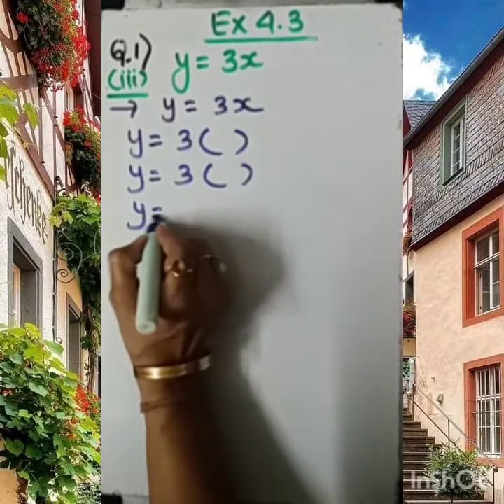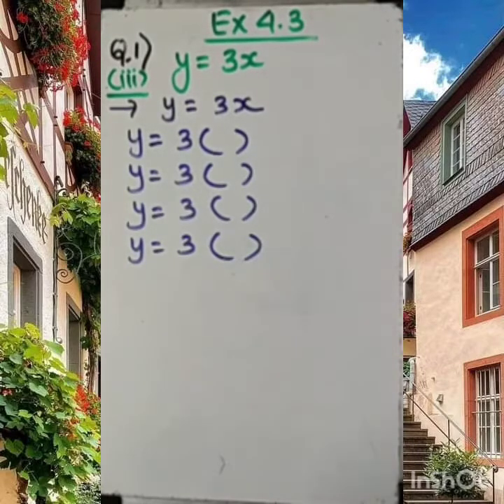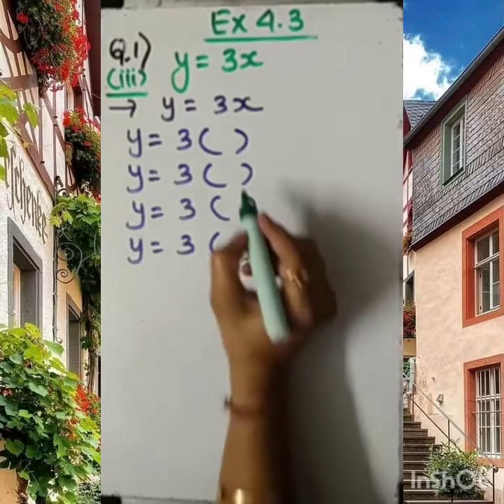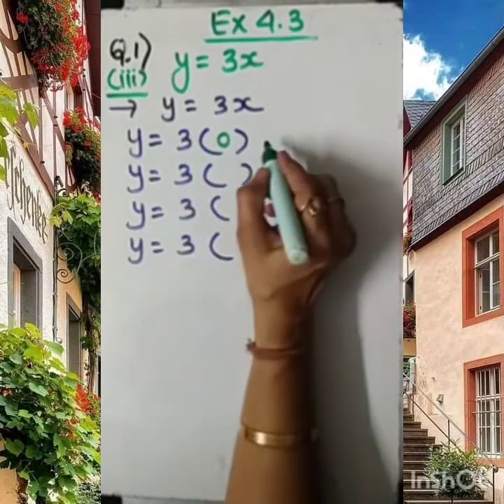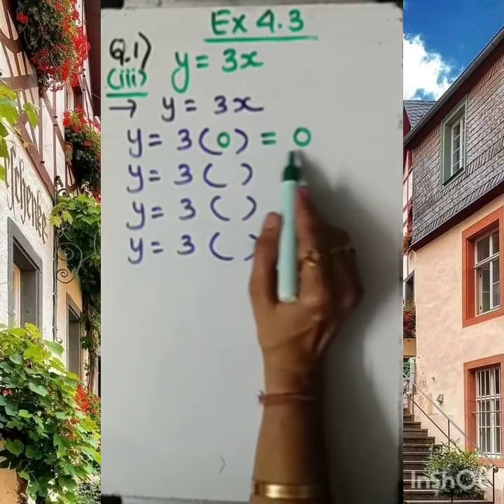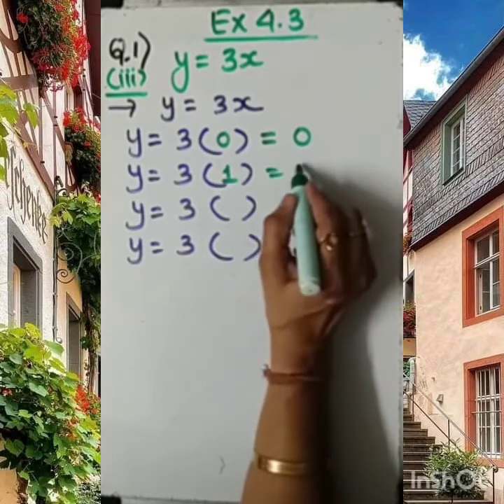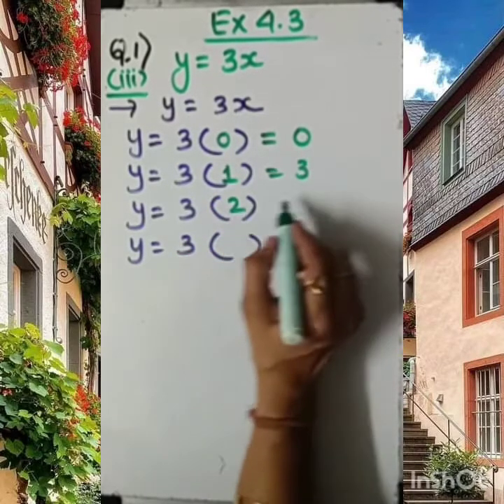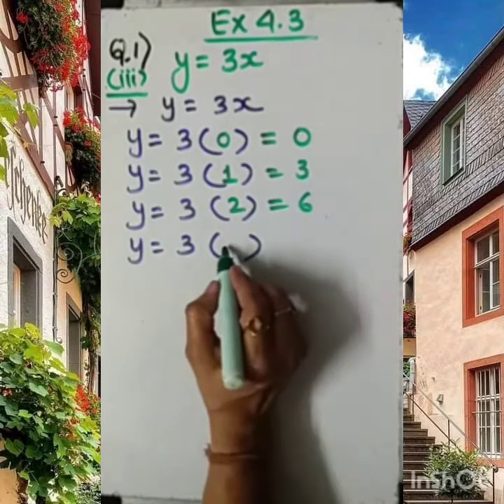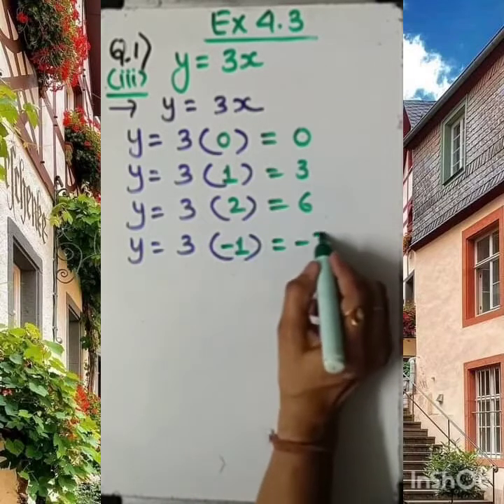So at least four values you choose for your convenience to draw the graph. Now, it's my desire which value I want to put, so I would like to go with 0 first. 3 multiplied by 0, you know very well, is 0. Don't misguide yourself, don't write 3 here by mistake. Then 3 times 1 is 3. I am choosing 2 now. 3 times 2 is 6. One negative point also I am choosing, -1. 3 into -1 is -3.